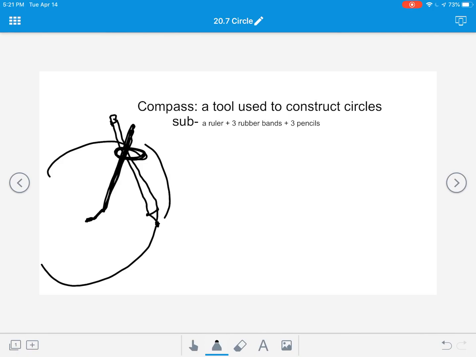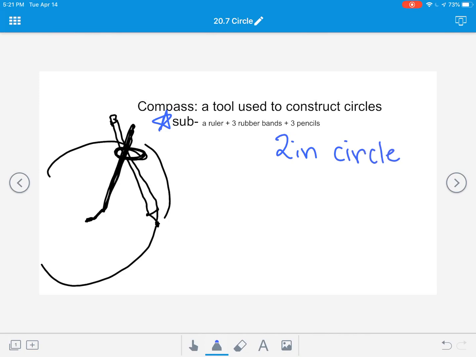So if you're watching this later on, after the Zoom has already come or you weren't able to join, just hear these instructions. I am going to ask you to try to draw a perfect circle using a compass, but most of you probably don't have that at home. So a substitute that you can use is a ruler, 3 rubber bands, and 3 pencils. And what you're going to do is, if I ask you to make a 2-inch circle,